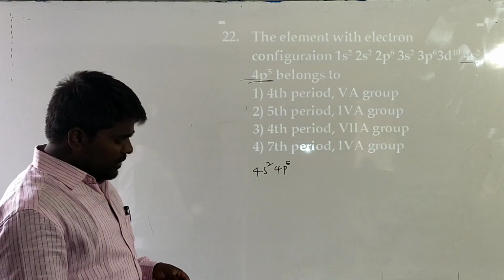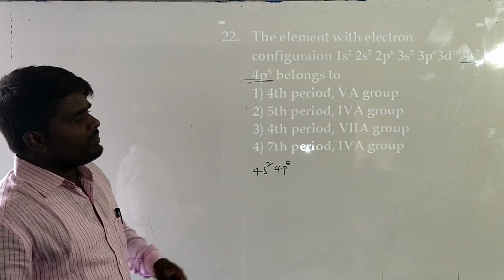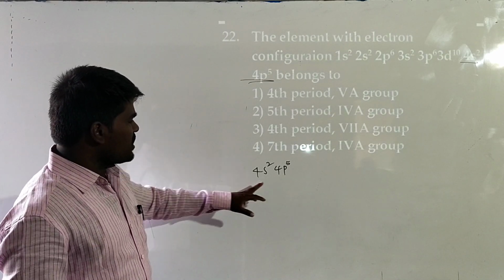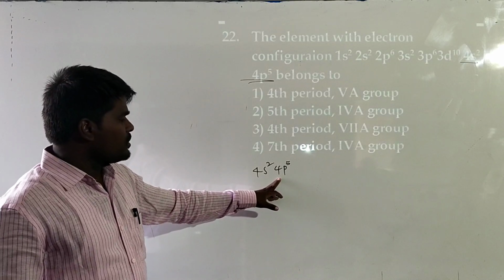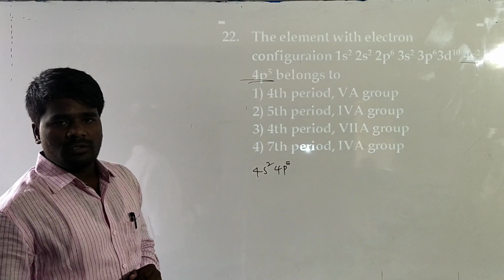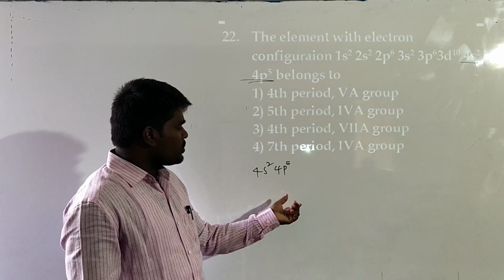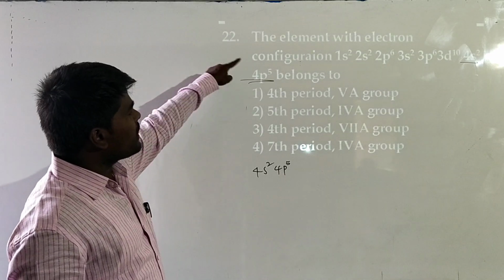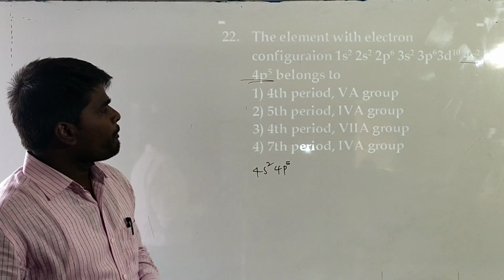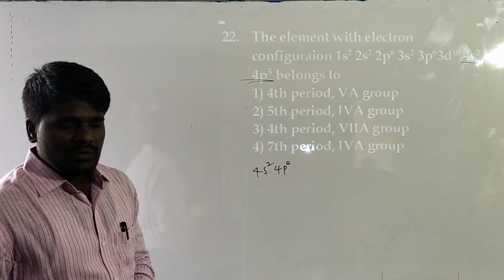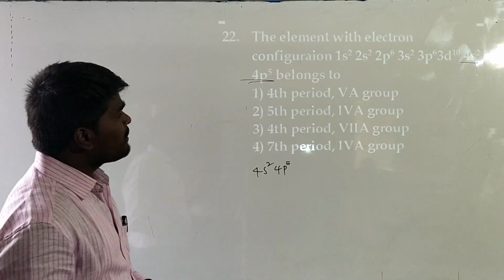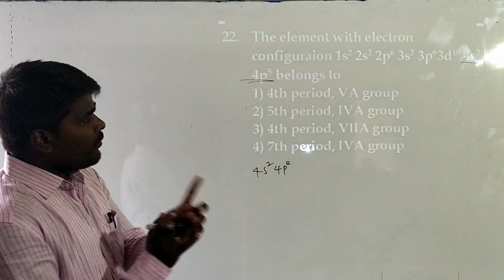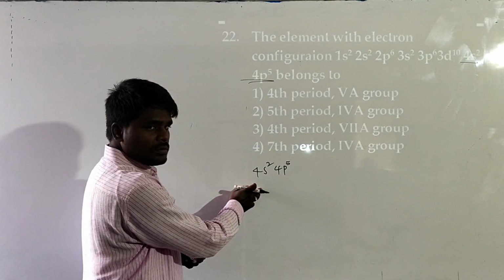Right? So we know that period number will be equal to the maximum n value. What is the valence shell here? Quantum number is 4. So it belongs to the fourth period only, because it has to belong to the maximum n value. One thing is clear that this particular electronic configuration belongs to the fourth period, and you need to determine the group number also. So it is clear how I am saying it belongs to the fourth, right?